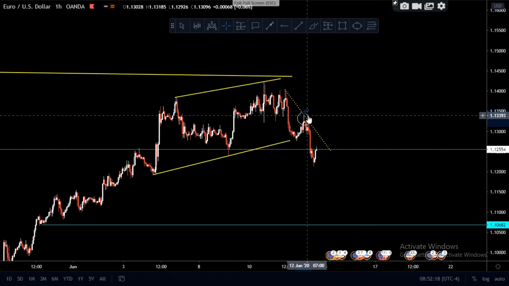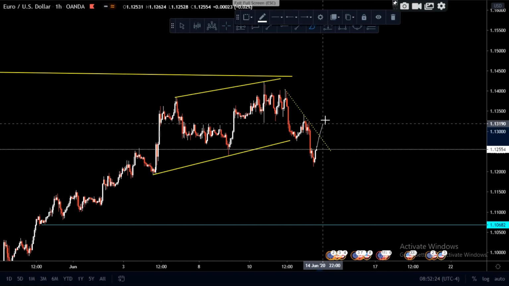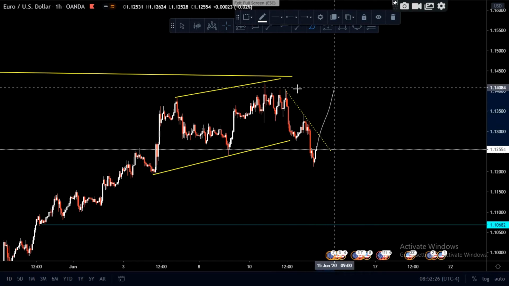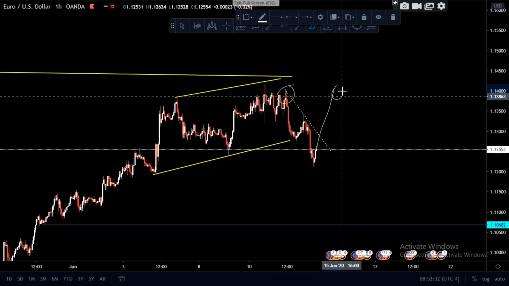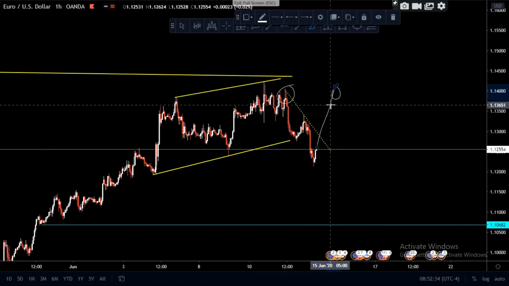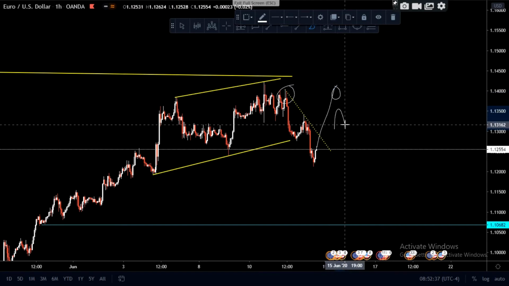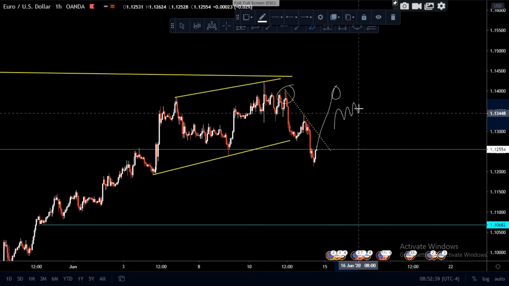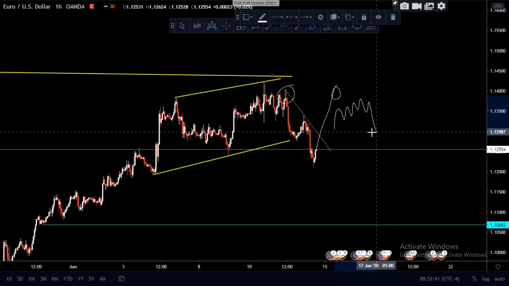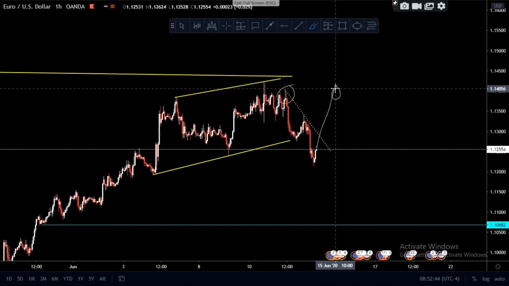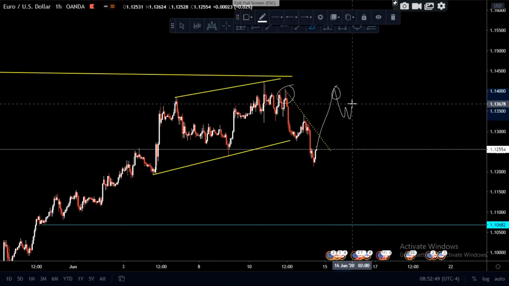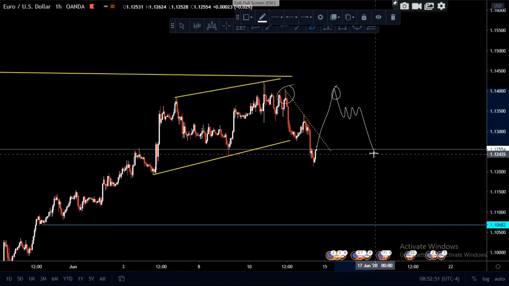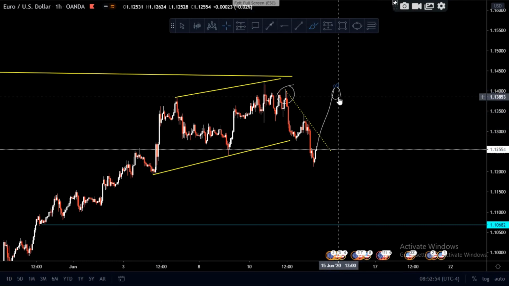But then what happens if price from here pushes to the upside? We'll be looking again at this double top region. If it gets here in a corrective nature, for example, but then gives us that 6 to 8 hour correction for entry, then I will enter it. But if it gets there impulsively, I will wait for the first impulse leg and then I will enter on the correction. So that's what I'm looking for